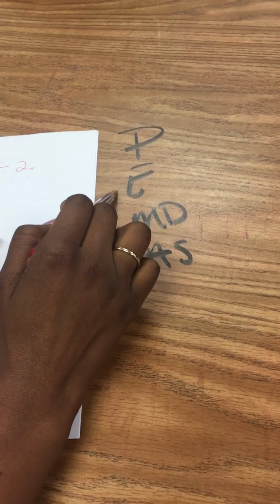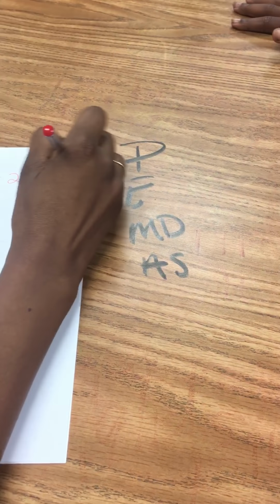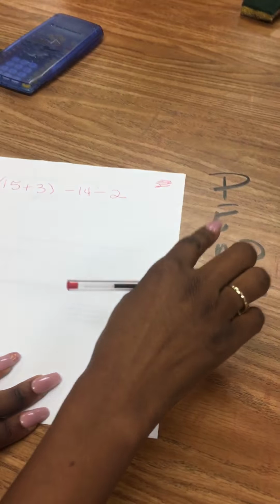We don't have exponents. Exponents look something like that, and we don't do that in 5th grade, so we're not even going to worry about that. Okay, then after we solve our parentheses, and we know that we don't have exponents, we go to